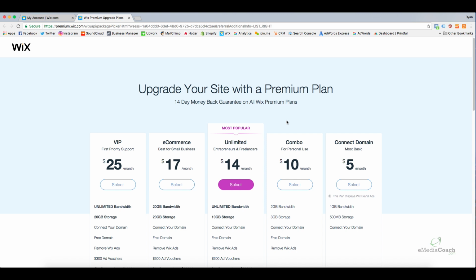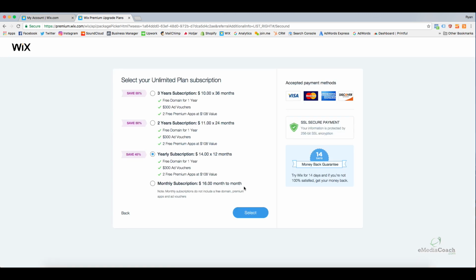So as I mentioned, select a plan that fits right for you. However, I recommend unlimited. So we're going to actually go with the unlimited plan. And when you jump into that select button, it's going to take you to a screen that looks like this, that shows you how you can pay for this plan. You can do a monthly subscription, yearly, 2-year subscription, or 3-year subscription, and it discounts for every additional bit of time you add on. So I'm going to end up going with this yearly selection,